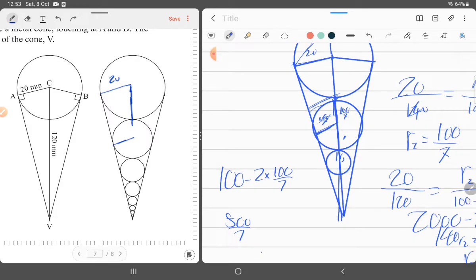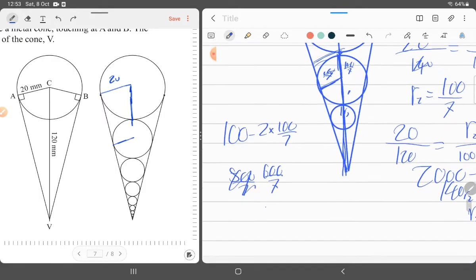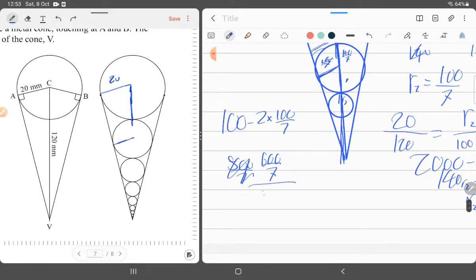It's not 200, it's just 1. 100 take away 2 over 1. So 600 over 7. And here is 600. This is 600 over 7 over 100 over 7 is equal to